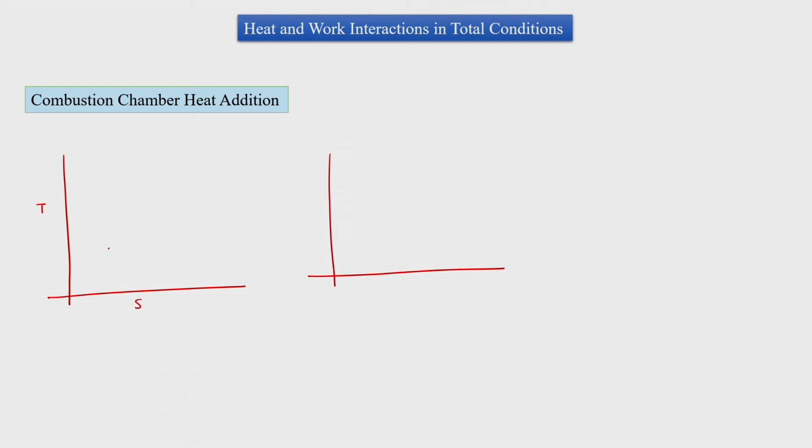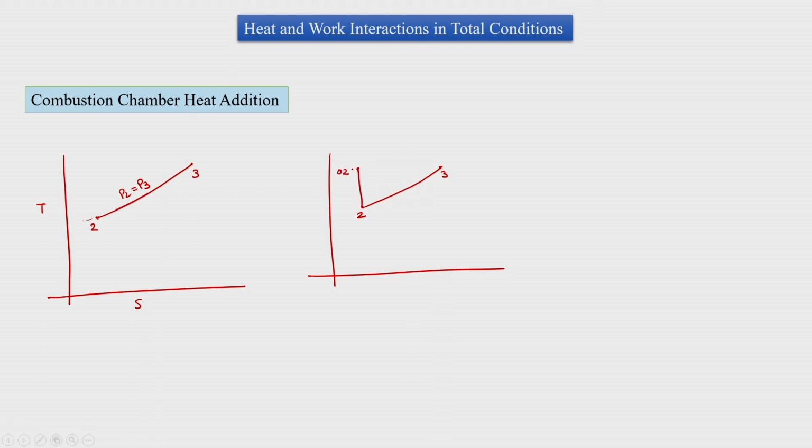In case of just the TS diagram, we said that it is isobaric combustion, so it is 2 to 3, or 2 dash to 3 dash, or 3 accordingly, as per the ideal or real cycle. So we were considering that P2 is equal to P3, which was static pressure, but now we will account for it in terms of total pressure. Suppose 2 here and 3 here, and process 2 to 3 like this. So first we will go from 2 to 2 dash isentropically.